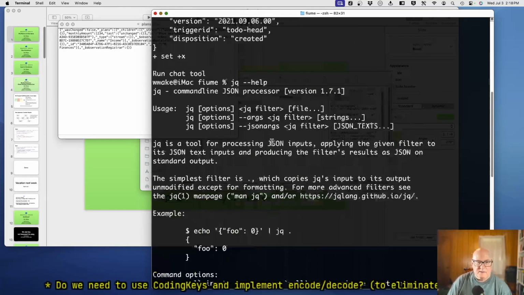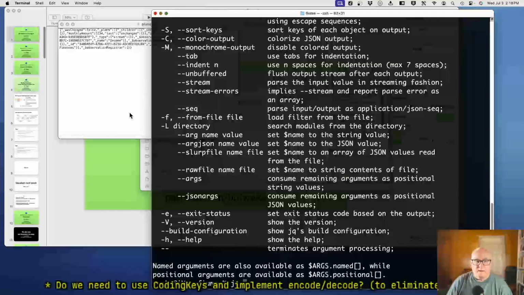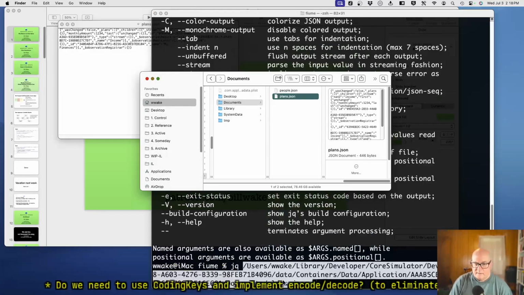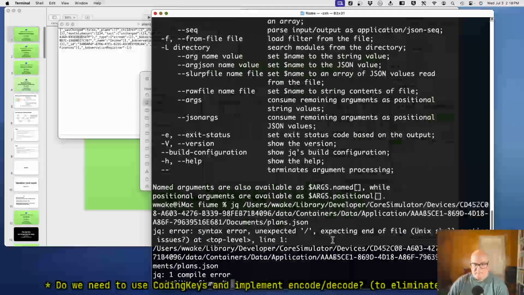Okay, yeah, I think if I don't see any spaces. Okay. No. Compile error.